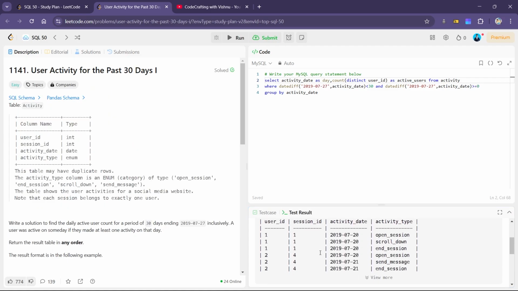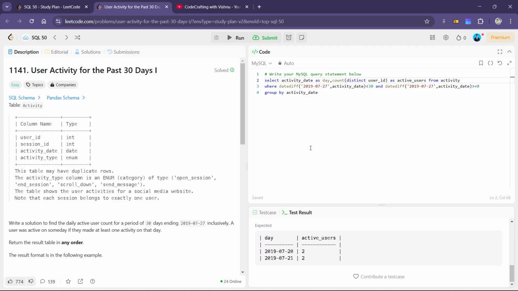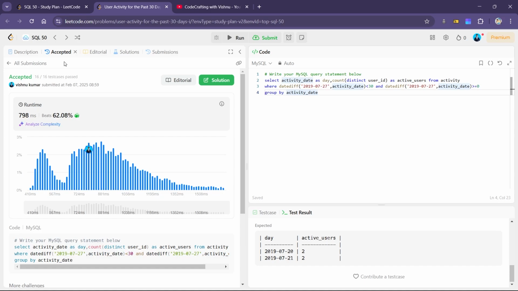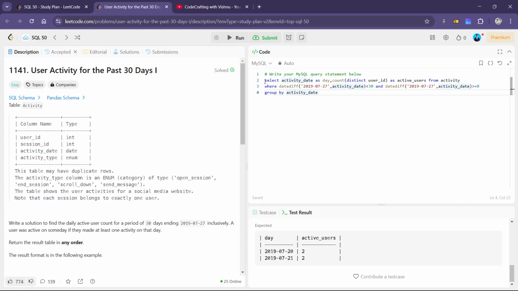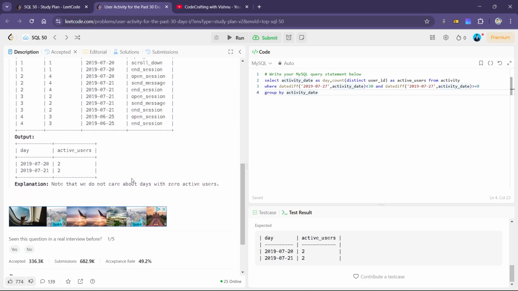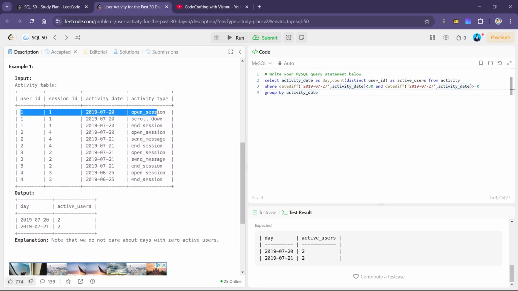Okay, so this test case has been passed. Now we'll submit it to see if all the test cases are passed or not. Okay, so our solution got accepted. Now, as I said, in this solution we have used the where, and the where is used to filter out each entry from the resulting set. So for example, it will filter these, it will be included, it will be included, so these entries will be included, and when it comes to this entry, it will be rejected, it will be rejected,